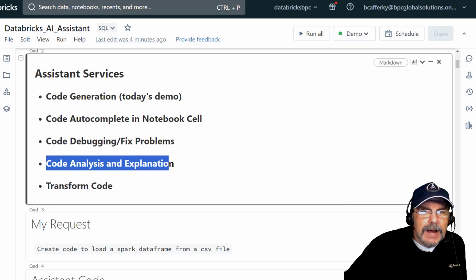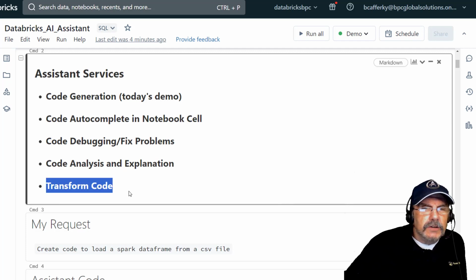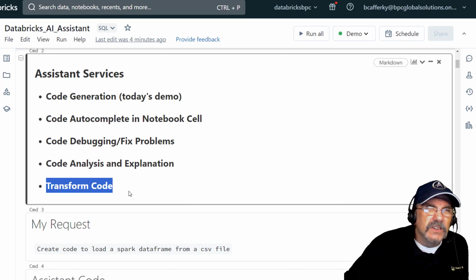It can do code analysis and explanation, like what's happening in this code, which is good if you're trying to understand new code. And it can transform code. So you could say things like, take this function and make it a PySpark function, or take this R code and turn it into Python. I will say that it reminds me a little bit of using a web search. You get better and better at knowing how to ask for things and what specifically to give it